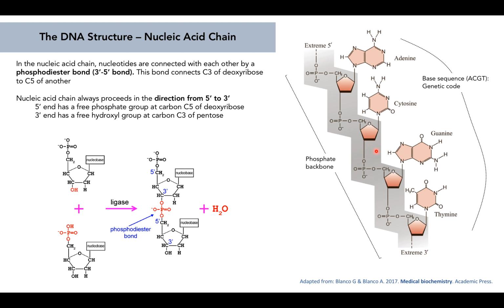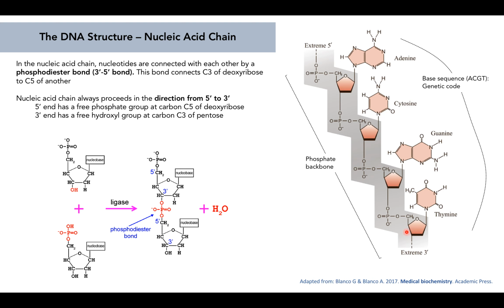And here on this side, this is the backbone of the DNA. This is what faces the outside of the environment, and then this is the inside of the DNA. And here we've got the nucleotides. So it's either an adenine, it can be a cytosine, or it could be a guanine or a thymine, but it's all in the inside. And this is the genetic code. So the nucleotide is what forms the genetic code, whereas the phosphate is what forms the phosphodiester bond together with